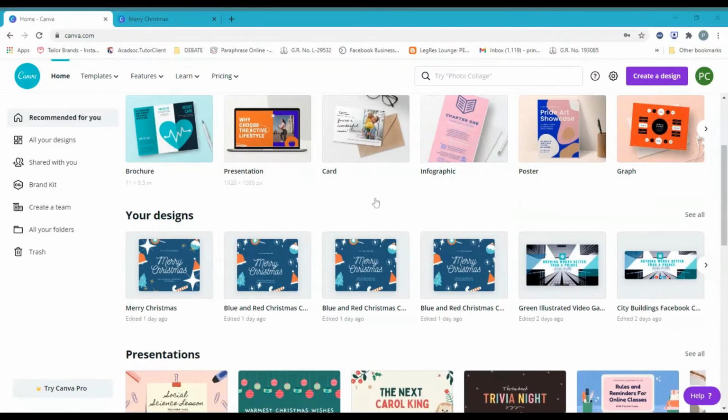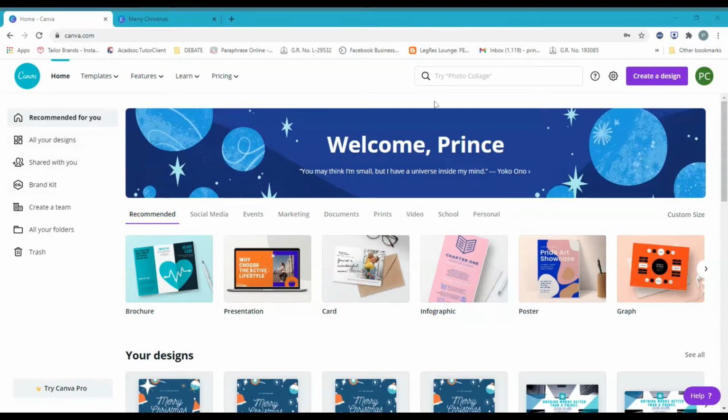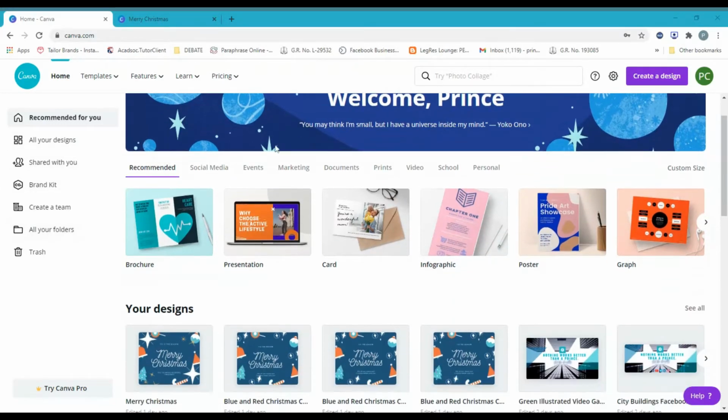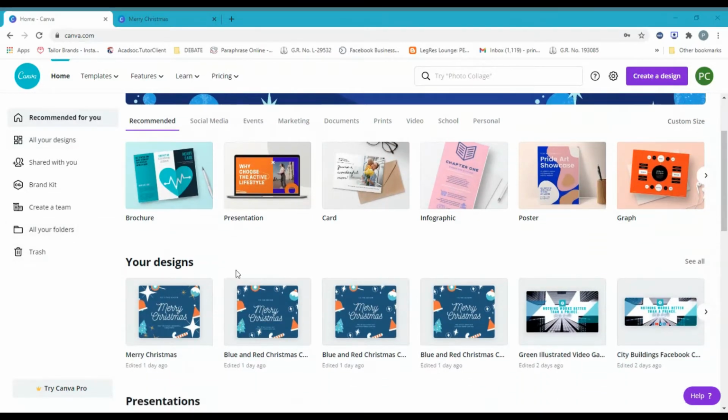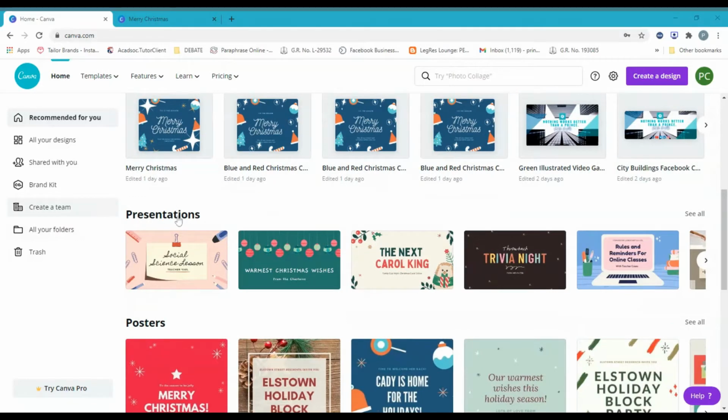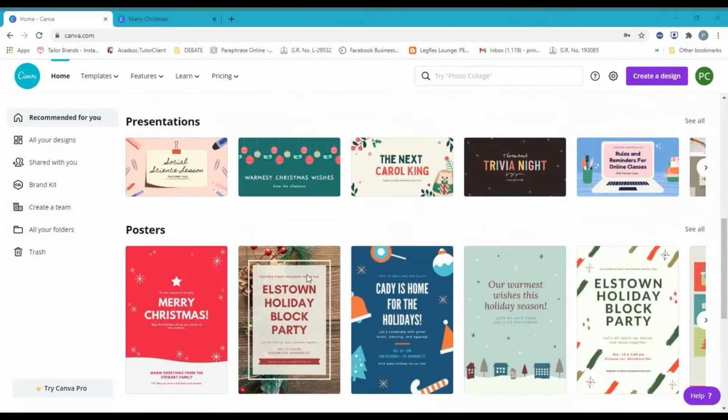So as you can see, I have already logged into my Canva account here. So this is the home page of the Canva account. So this is my designs. This is the presentation. So Canva's templates provide a shortcut to good design. They're fully customizable. As you can see, we have pre-designed templates here. So you just need to edit it,